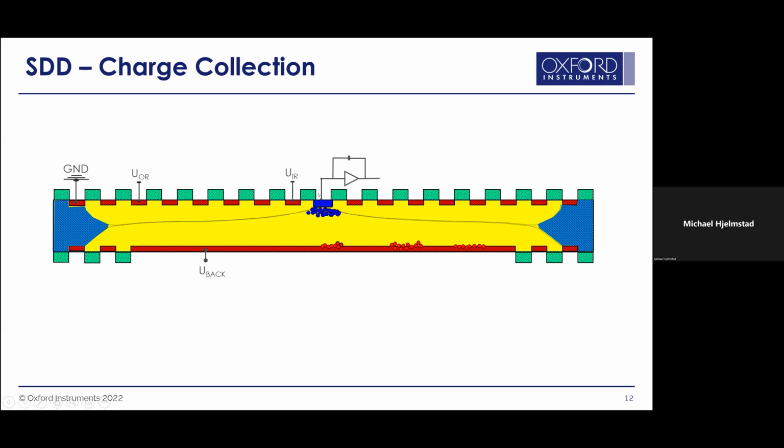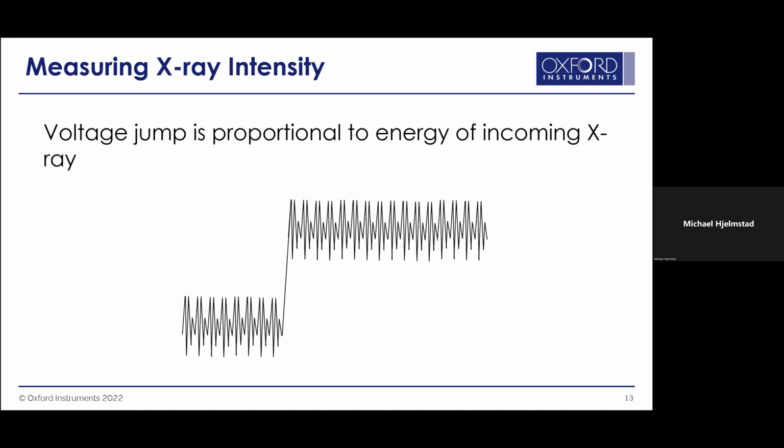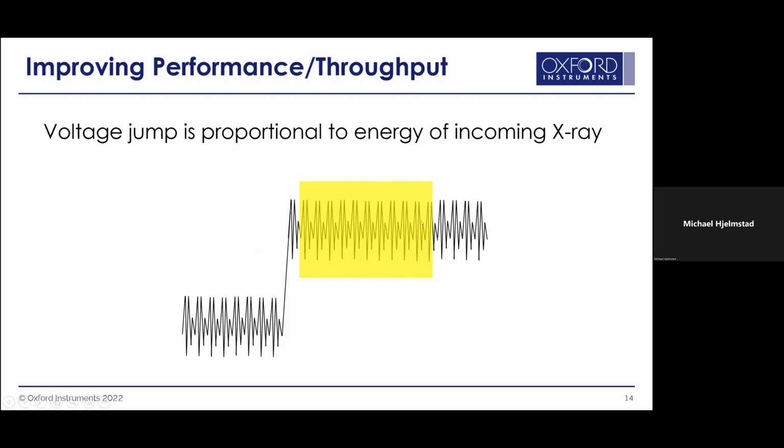So what we end up measuring off the back side, off this transistor that we put in, this FET, is a voltage signal jump. And what we're going to try and do is look at something that, in a simplified form, looks like this. There's some amount of ambient noise before, there's an amount of ambient noise after, and there's a voltage event in there. So we're trying to see what changed, and we need to measure the noise for a certain amount of time before and after to best approximate that voltage